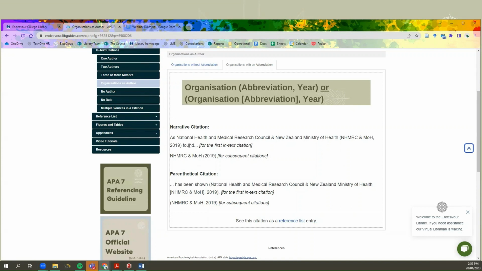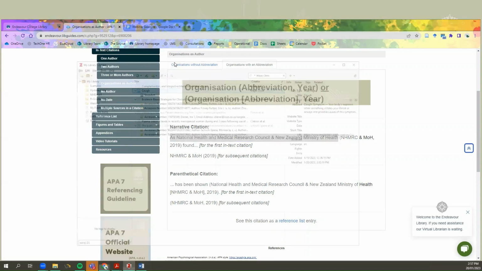The reason I'm pointing this out is because I'll show you both ways to do it. Most people tend to beeline towards this one, which is totally fine, but sometimes it's more appropriate in your sentence to refer to the organization as part of your sentence rather than just dumping it at the end. So if we're doing Therapeutic Reference Center,